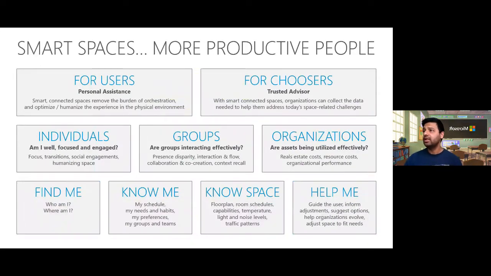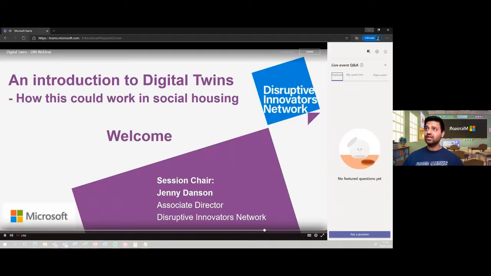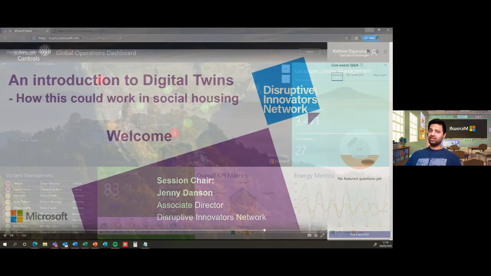How does that help businesses? It helps to ensure that we enable productivity and the best environment for a user to work from, but also at the same time to ensure that those physical assets are managed more effectively to reduce cost, to enable better user experiences. Now, what I want to do is show a demo of what this looks like, because digital twins is brought to life when we start looking at demos rather than talking about it in graphs.